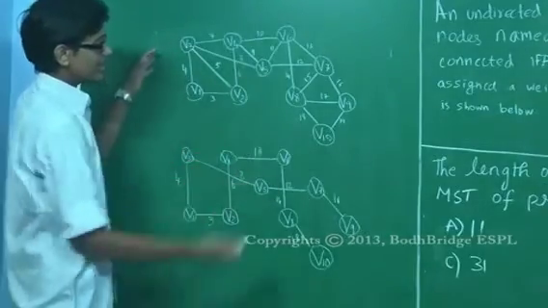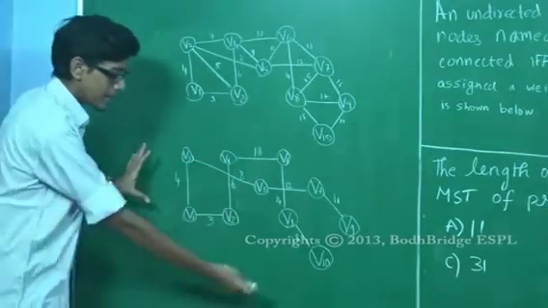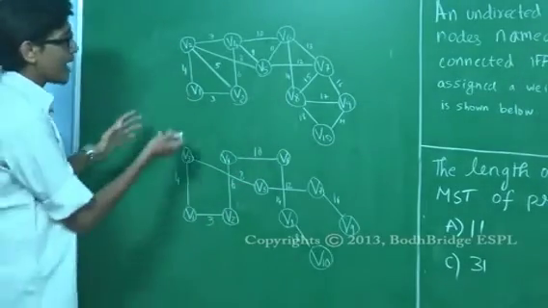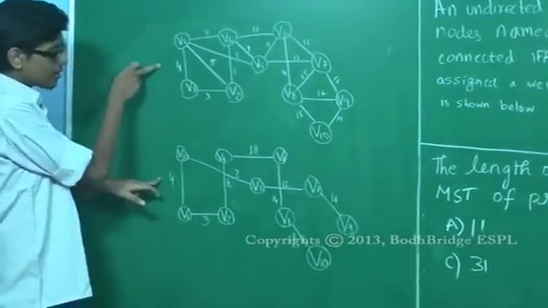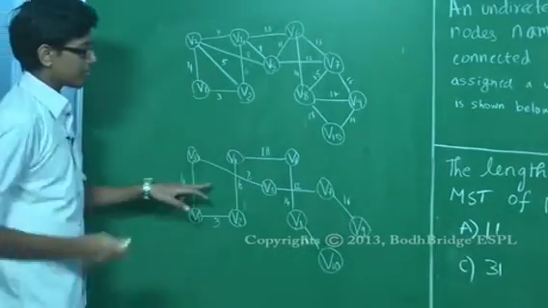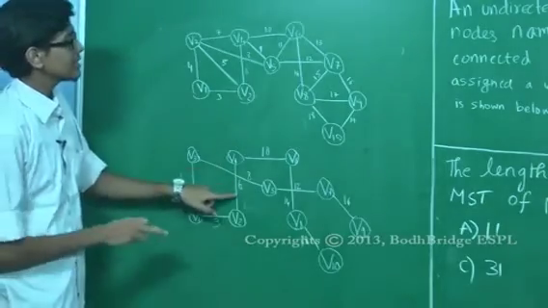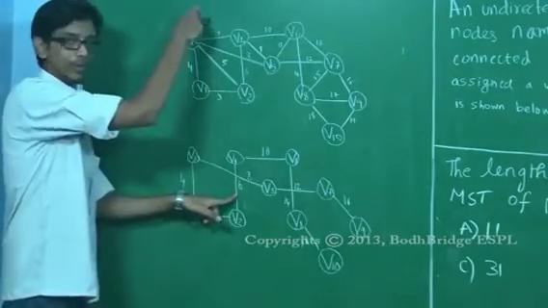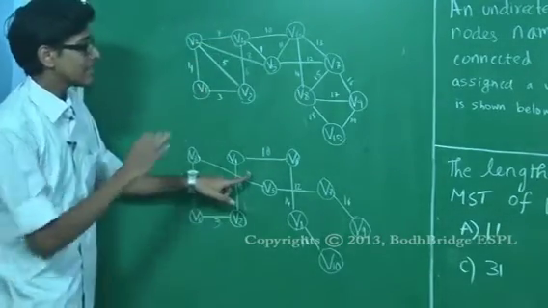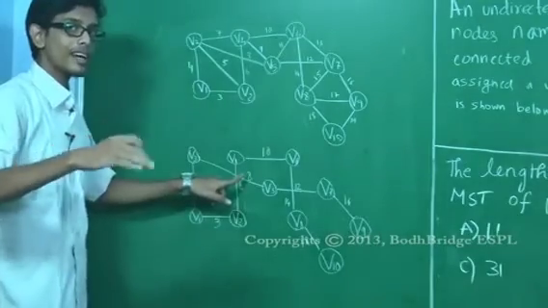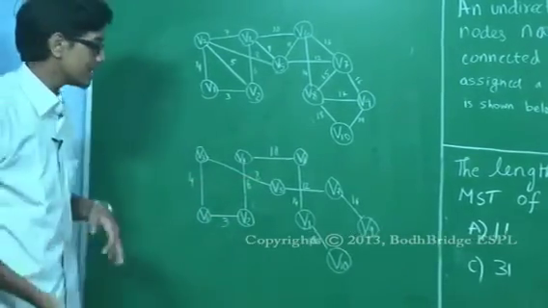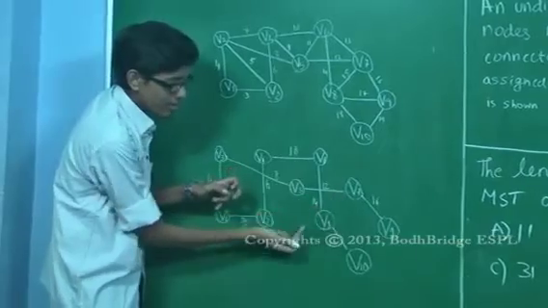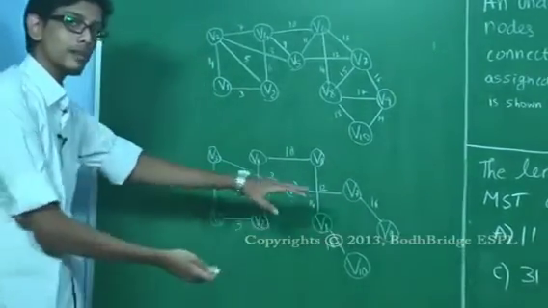So we have drawn that and we have created the minimum spanning tree out of it. Basically, you add from the smallest weight. So you add 3, then you add 4, then you won't add 5 because it forms a cycle. Then you add 6, then you won't add 7 because it forms a cycle. Then add 8. Similarly, you keep adding alternate edges because the other alternate edge will form a cycle. So you add 8, 10, 12, 14, 16 and 18. So this is the minimum spanning tree.